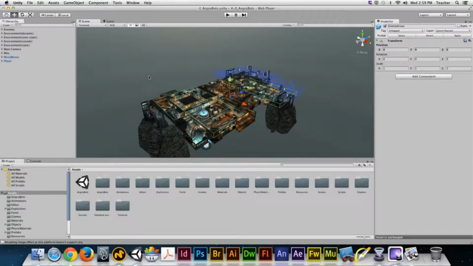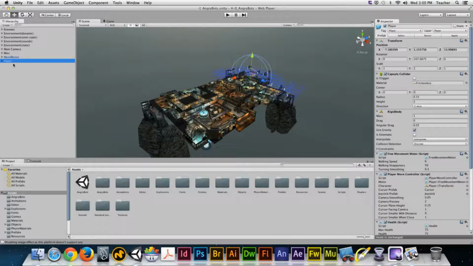Now, whenever we select something like the player, for example, inside of our hierarchy, the inspector becomes populated with all the properties and elements that determine how this object is going to participate inside of our game. So our inspector is very similar to the properties tab that we're used to seeing over in Modo. Functions almost identically, okay? It's going to list all the channels and effects and a whole bunch of other crazy things that will allow us to influence how that object is going to be drawn and interacted with, or will be interactive